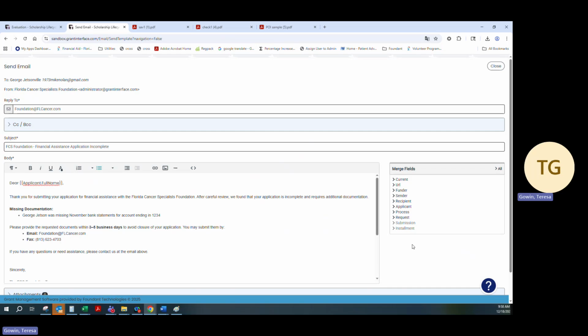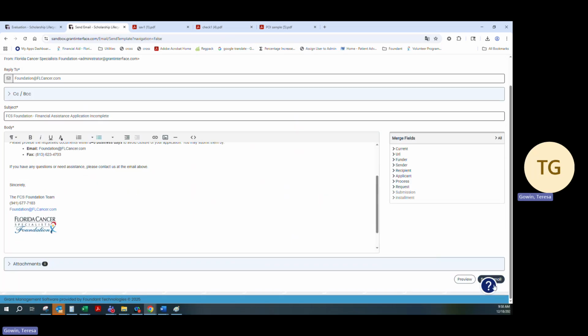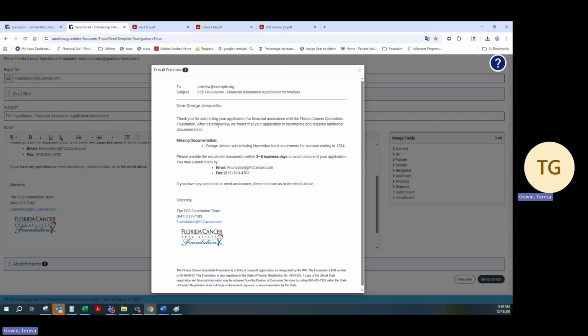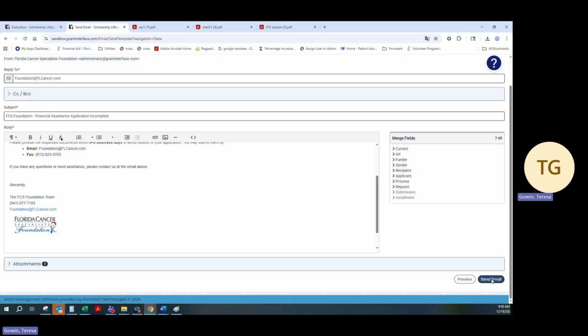Once you have all this information filled in, you can scroll down. If this little circle gets in your way, you can move him anywhere. You will click Send Email. I'm going to show you just the preview of what this email will look like without sending it. So as you see, it will fill in the applicant's name, give them all the information of where the documents that we were missing need to be sent, and how quickly it needs to get sent to us, because we are requesting things to be sent in within 3 to 5 business days to keep the flow going and not holding on to applications. Once that is done and you click Send Email,